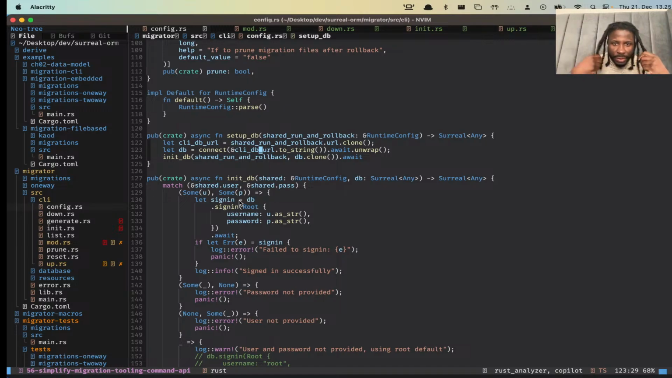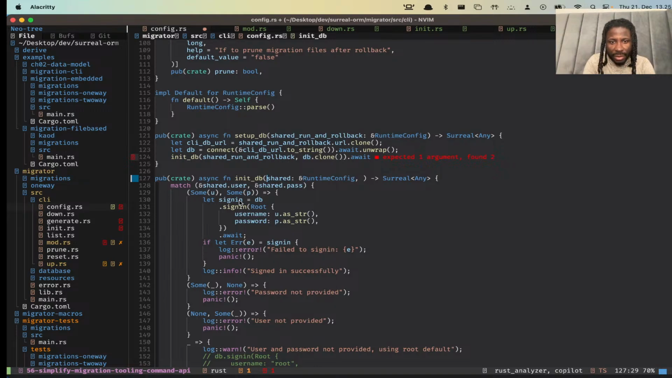So from there we're basically using the runtime config. And like I said, I think I'd like to have this first. Like db and yep, that's